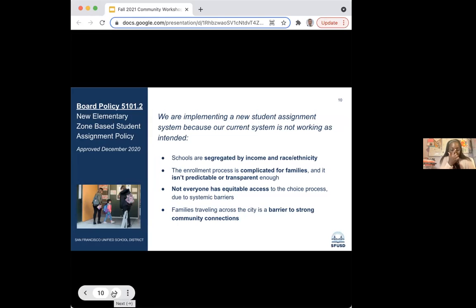The enrollment process itself was complicated for families. It isn't predictable or transparent enough. And not everyone has equitable access in the choice process due to systematic barriers. Also, families traveling all the way across the city is a barrier to creating community connections.